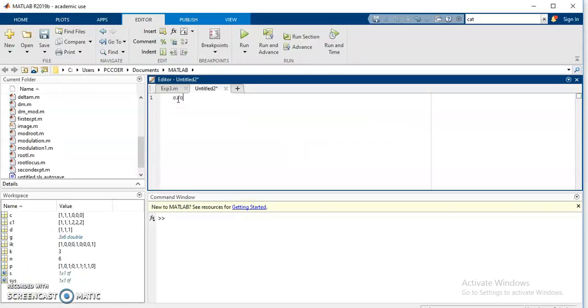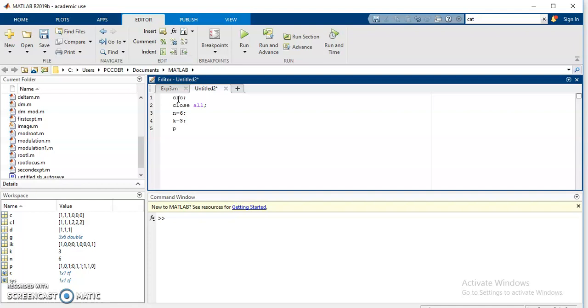CLC, that is clear command window. Here we are writing for a 6,3 linear block code. So I will take n is equal to 6 and the value of k is 3.